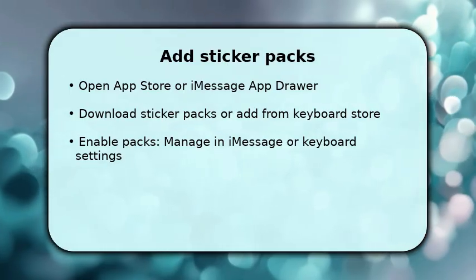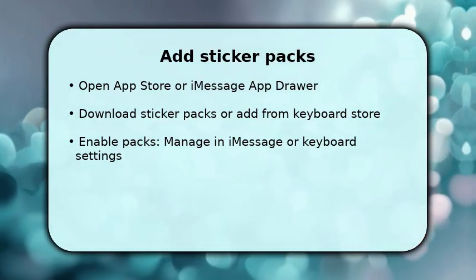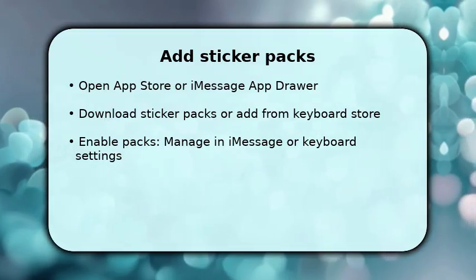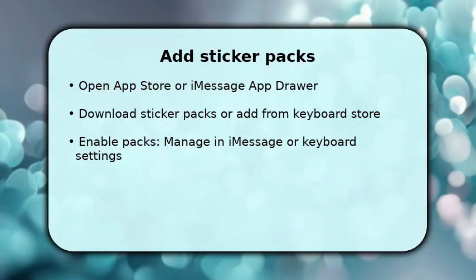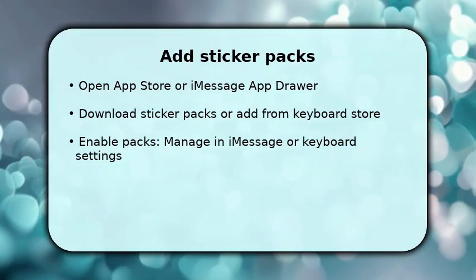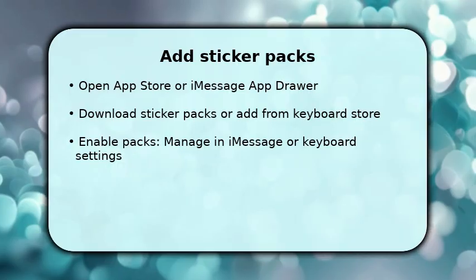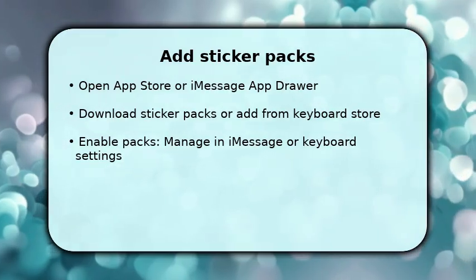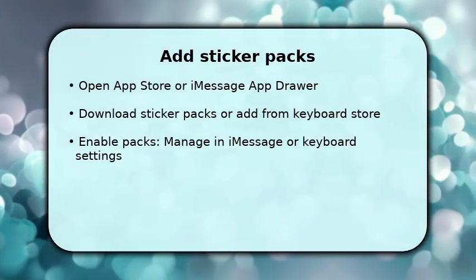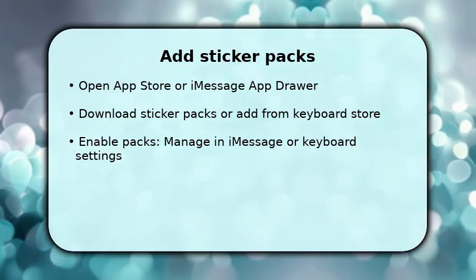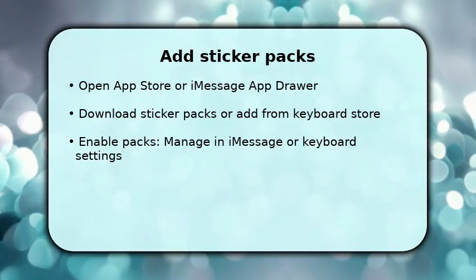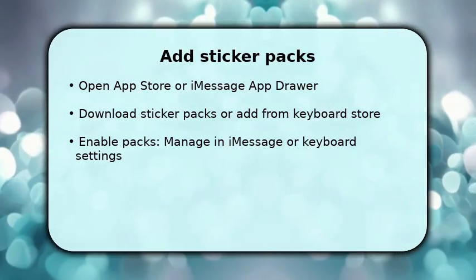Open the iMessage app drawer or the App Store and search for sticker packs, then download the ones you want. Third-party keyboards often have an in-app store too. After installing, open Messages, tap the app drawer, then Manage or the three-dot menu to enable new sticker packs for quick access. Once enabled, make sure they appear in the keyboard's app strip and test inserting one into a message